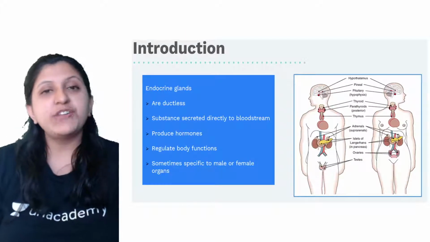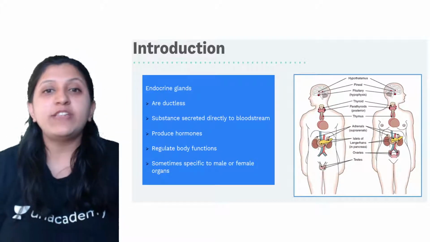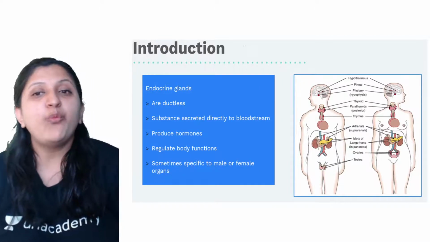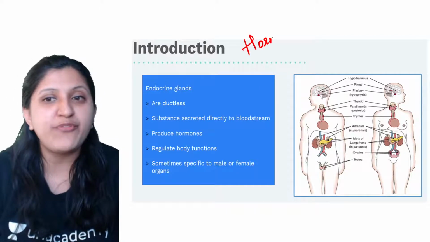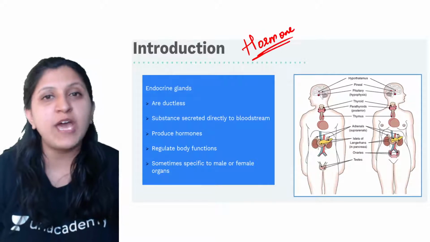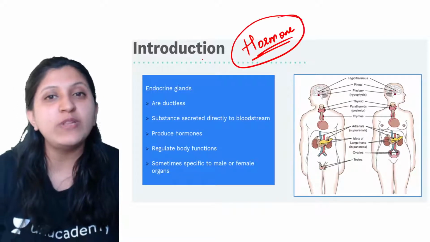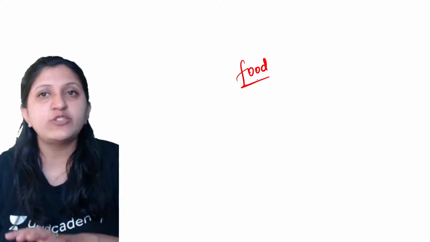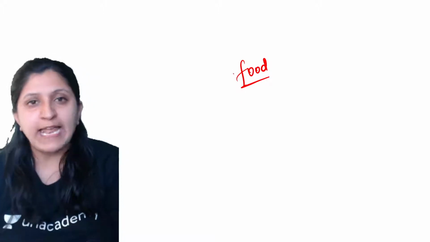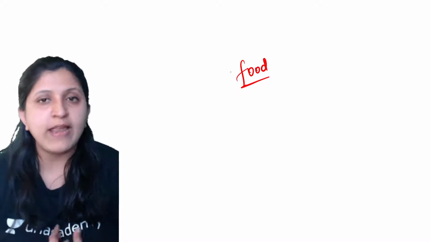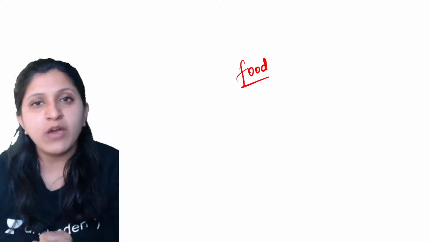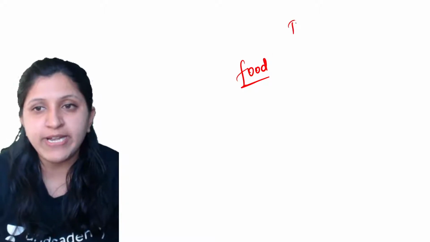Introduction related to the pituitary gland, or the different glands which are mainly responsible for hormone production in our body. So what exactly do these hormones do? I'll give you one example of how a hormone plays a role. Let's say food is there. This is with respect to any gland, so it can be an exocrine gland or an endocrine gland. Now, if we talk about a hormone itself, that is insulin, we will take that as an example.